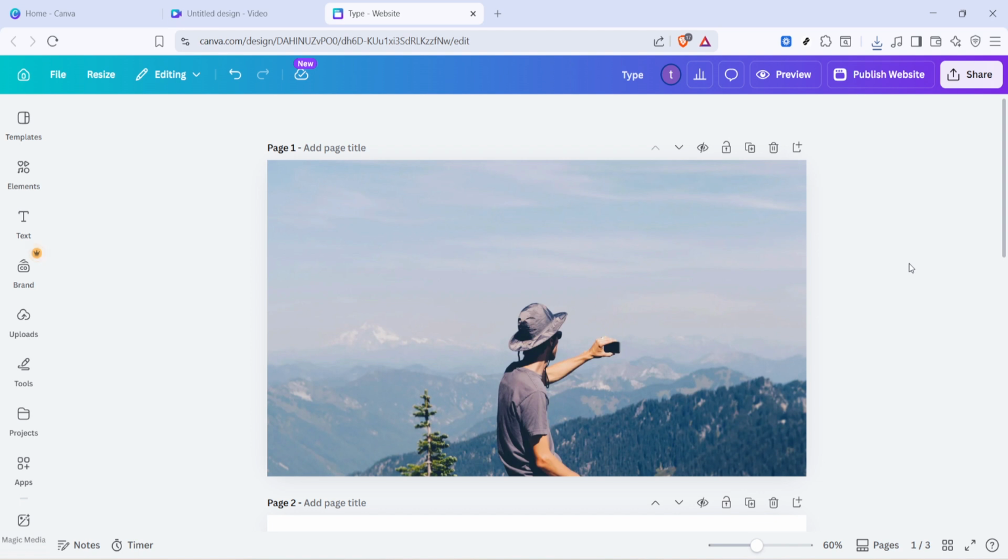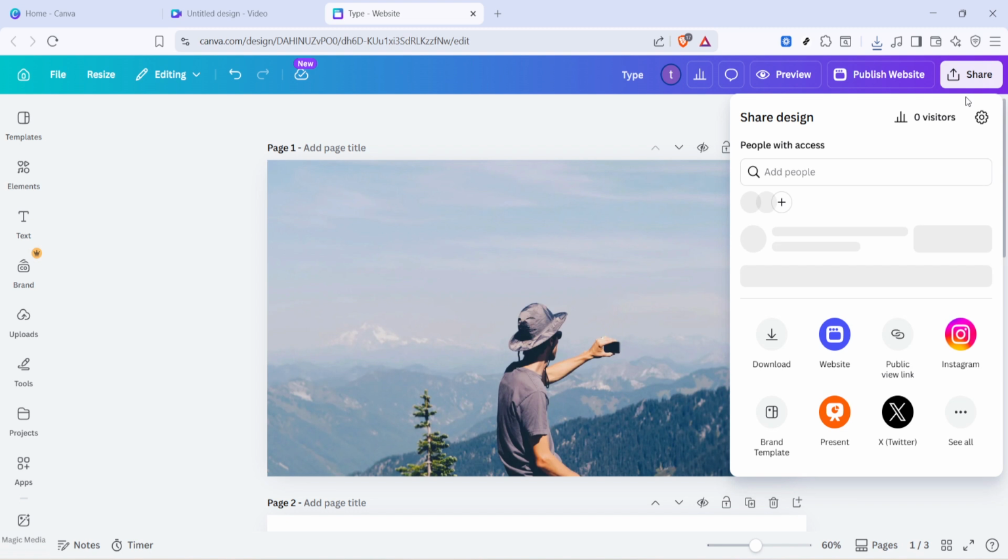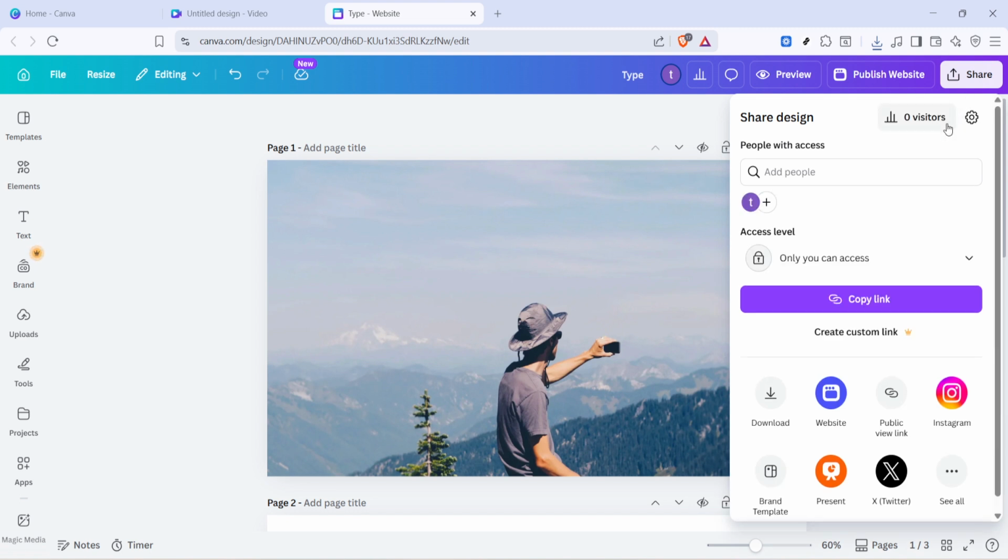Have your design open in the Canva editor. We're working from the top right corner of the screen. Look for the Share button. This is your hub for distributing a design in different ways. Click Share to open the sharing panel. This reveals several common options, but there are more choices hidden just below the surface, and that's where the template